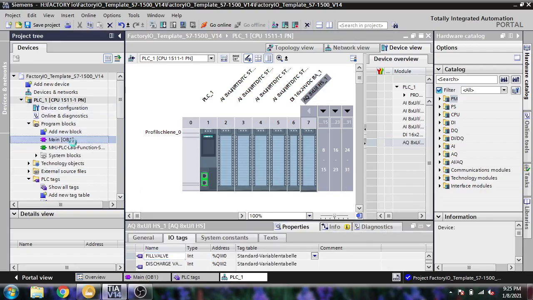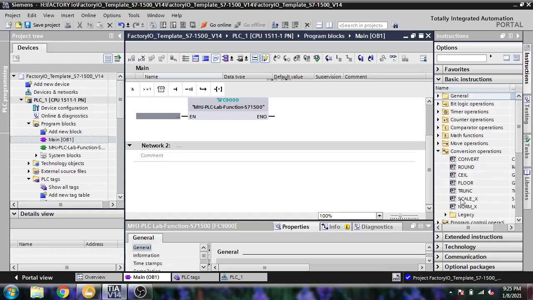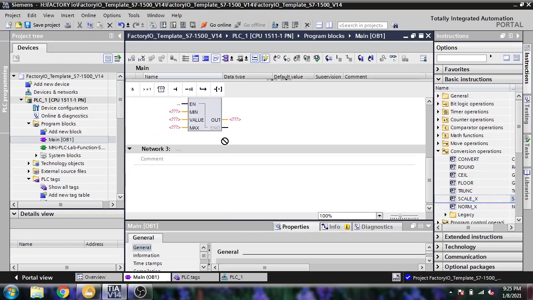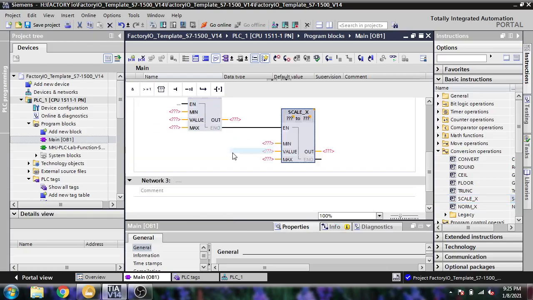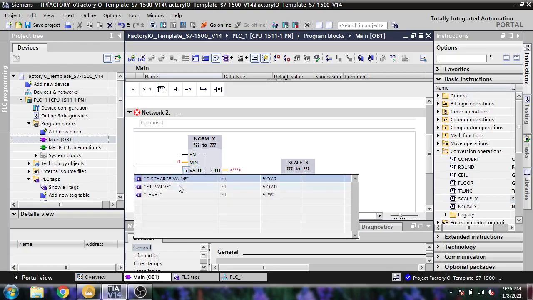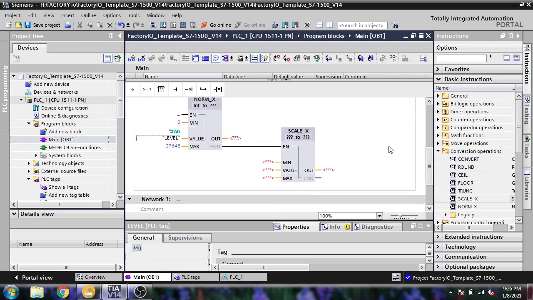Now I am going to Main, and I need to scale our analog input. First I need a NORM_X, and then I need a SCALE_X for scaling our input. I am going to use 0 to 27648, which is the resolution of our analog input module.